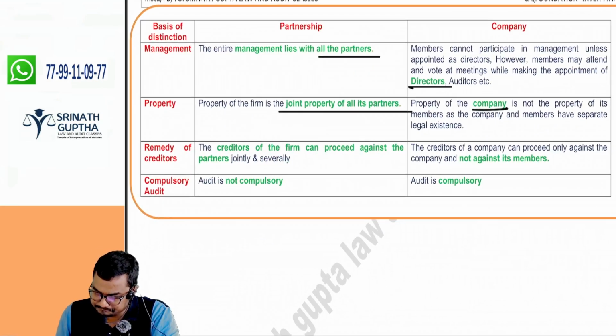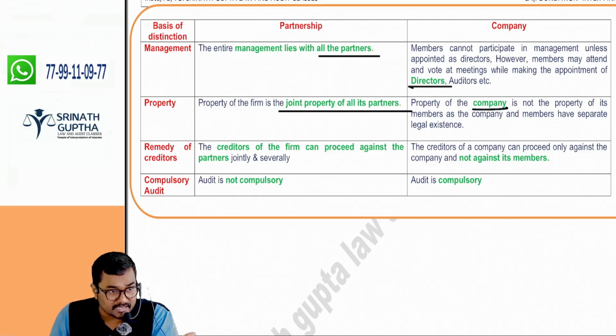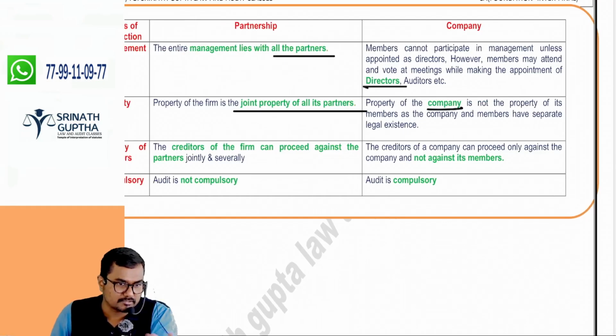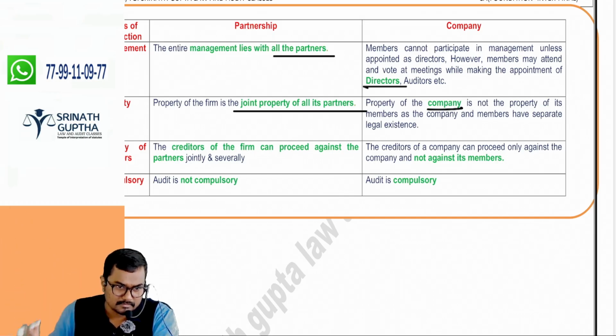In case of partnership, Rajini, Sahiti, SG are the partners and we have to give money to Gopal. Can Gopal file a case on me? Yes. Creditor of the firm is nothing but creditor of the partner because firm and partner are the same. But in case of company, the company has to give 10 lakh rupees to Rajini. She is my neighbor. I am a member of Tata Motors. Can you file a case on me? Tata has to give you money.